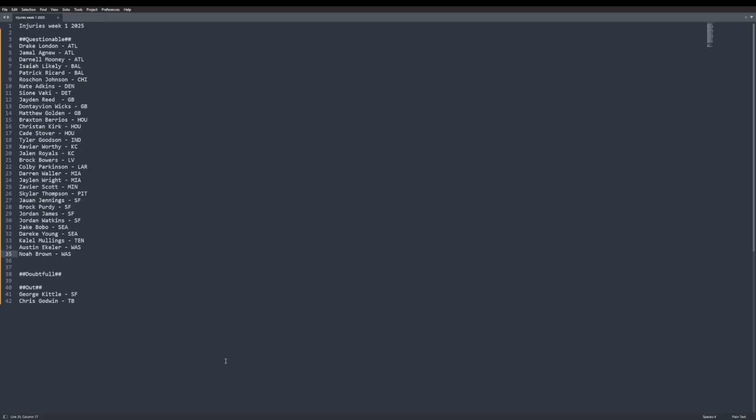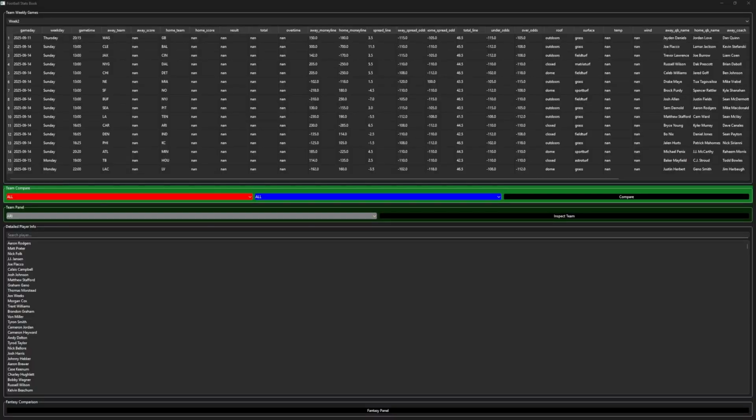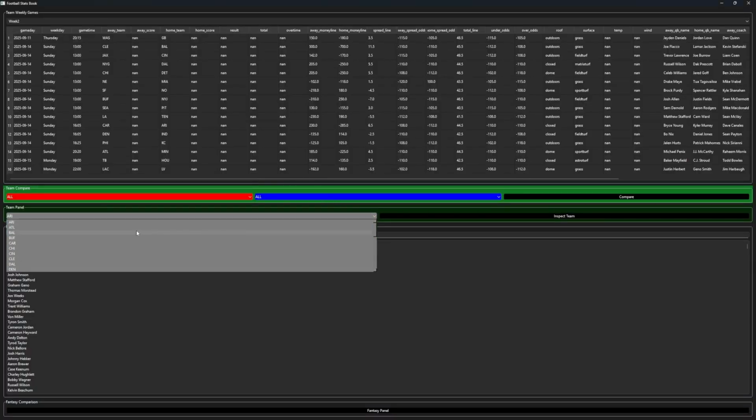I want to do more of that, but I just need the injury reports and I need to be able to get some more stats from those players. So that will be something in the future, but for now I wanted to present this list in case anybody needed it. So other than that, I don't have a whole lot to update.